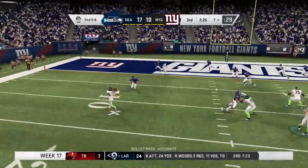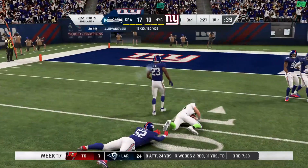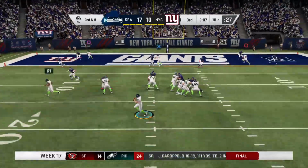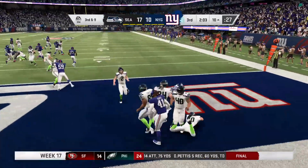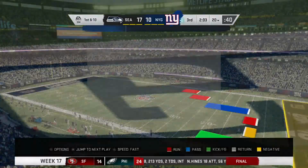2nd and 6. And he's going to find his man out of the backfield. That's complete. And they'll be driven back here, losing yardage to the 10-yard line. They'll drop the throw. And this is going to be intercepted. Picked up by Anthony Harris. And a big turnover there as his guys...